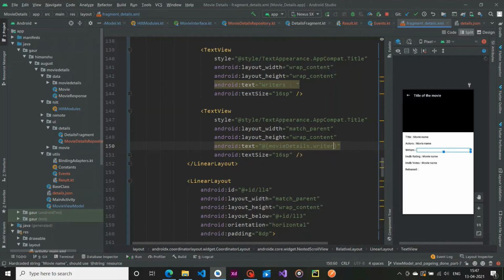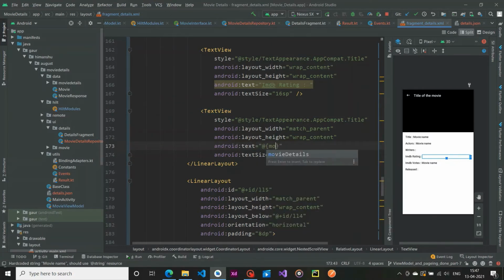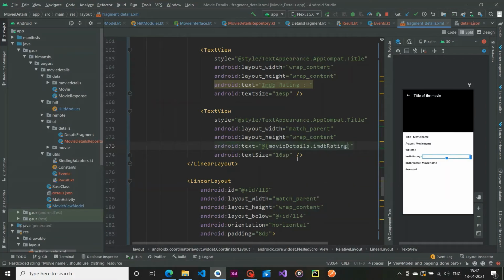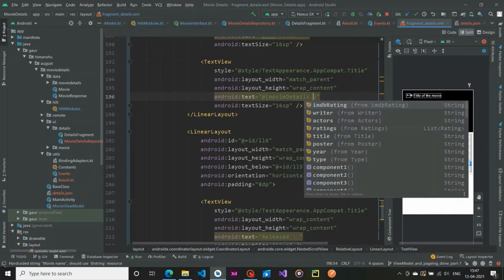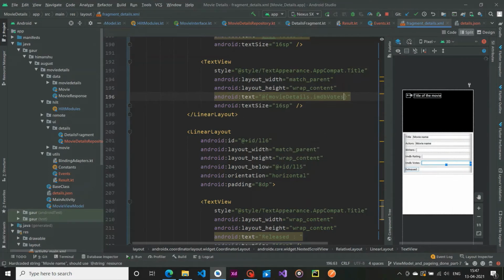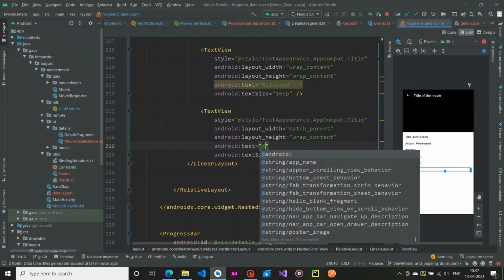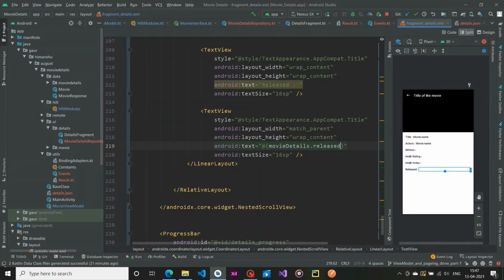All right, so IMDb rating, click in here, remove this and use our movie details IMDb rating. And for IMDb votes similarly remove this and pass our movie details IMDb votes, and for released just pass here movie details released.